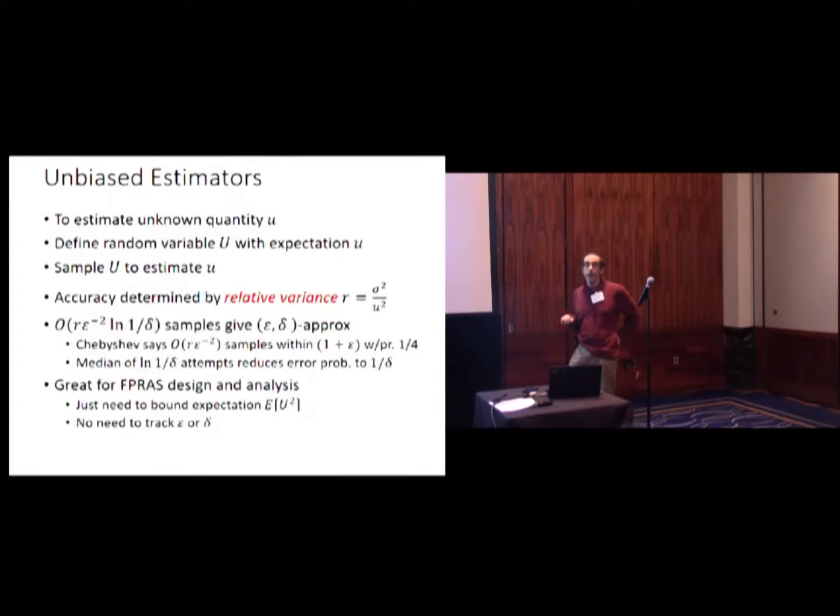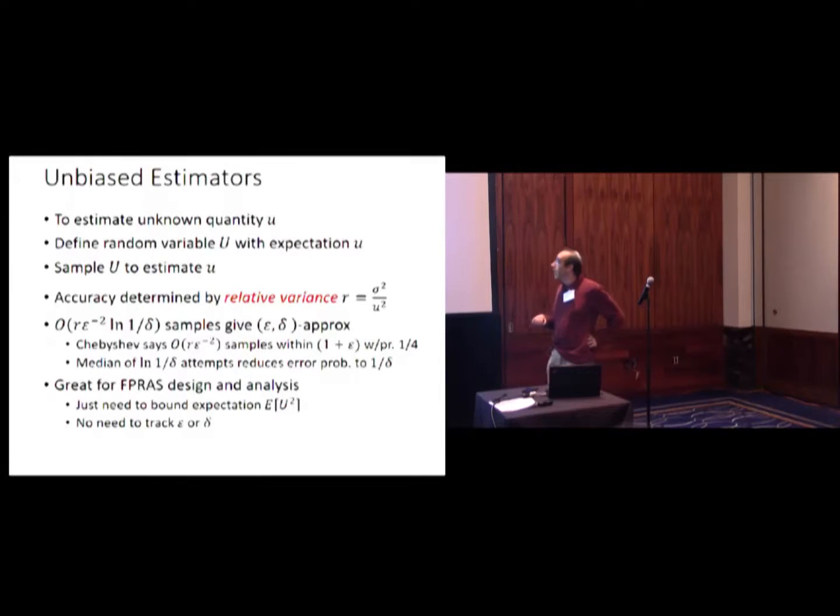The accuracy that you get by taking a single sample is determined by the variance of the sample, and we're going to be talking primarily about the relative variance, where you scale the variance by the square of the mean of the sample. And a standard application of Chebyshev bounds tells you that you can take down the relative variance far enough to give you a close approximation by taking a number of samples which is roughly equal to the relative variance. Once you've done that, you get an approximation that is accurate to within epsilon with probability a quarter. If you do that log 1 over delta times and take the median, then you get an answer which is